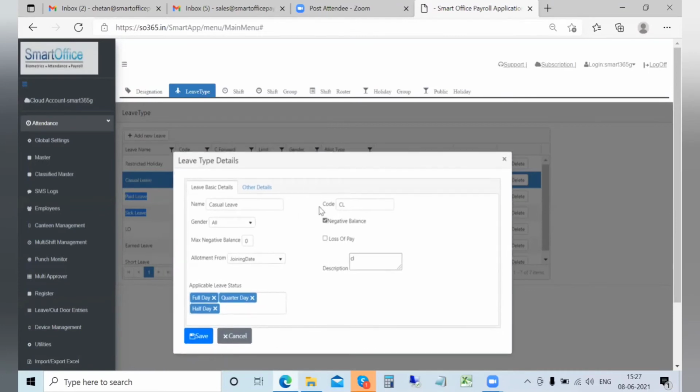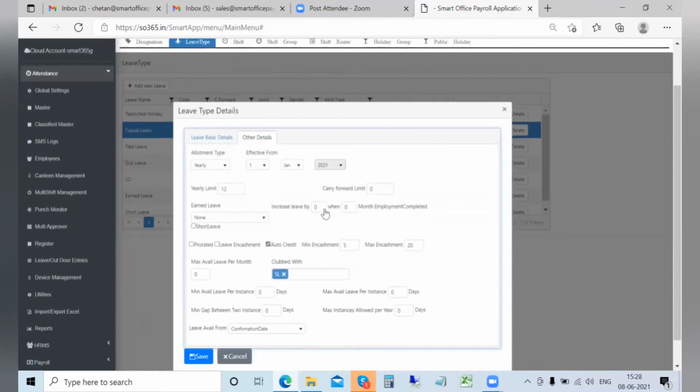What you can define here is when these leaves will start getting created, that is, the allotment can be defined. You can define which gender will have this specific leave applied as an eligibility, because normally maternity or paternity leaves are gender specific. And whether the employees will be able to apply for full day, quarter day, or half day can also be defined.